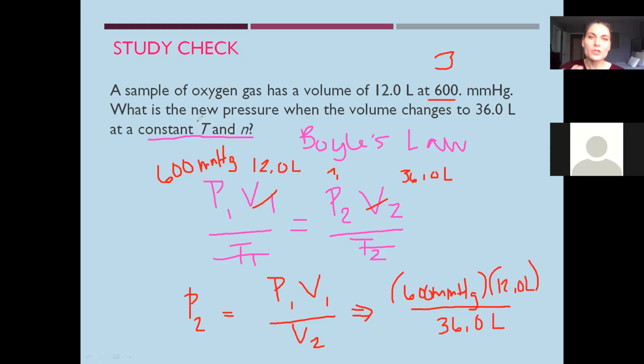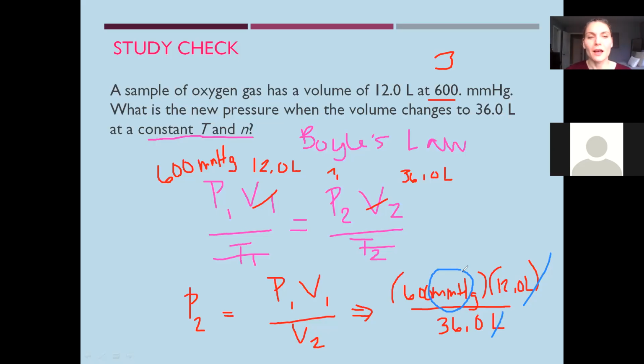liters. What happens to our units here when we look at this little piece? What happens to the unit? It triples. So when we look at the liters down here and the liters here, they're going to cancel each other out. Very good. The liters are going to cancel each other out. So now all that you're left with is this millimeters of mercury. And it would make sense too that when you think about these numbers, because the volume changed and it went up by triple, you're going to see that this number is going to go down by that third.